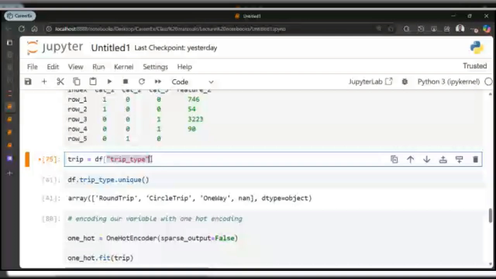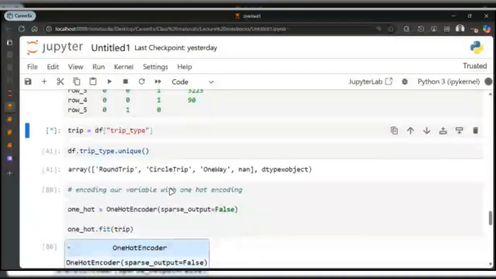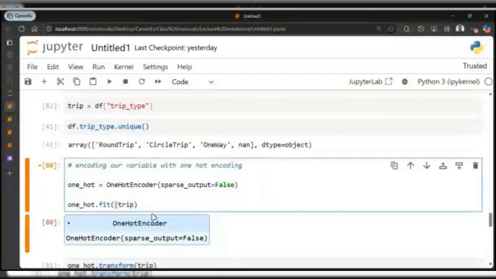It's a categorical variable, and we needed to convert that into numerical values via OneHotEncoding. I did this, and then I put the brackets on this, which wasn't the correct way to do that.